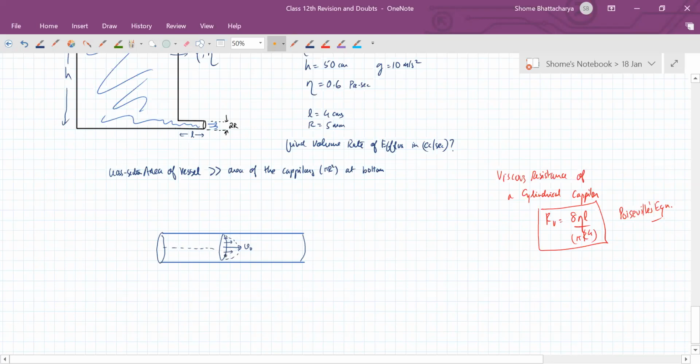like this. So if the center line is coming out with a velocity v naught, then the velocity of liquid coming out at a distance r from the axis is given by this relation. V is equal to v naught, 1 minus r square by capital R square. Okay. And anyway, so now from that, what you do is the volume rate of flow,